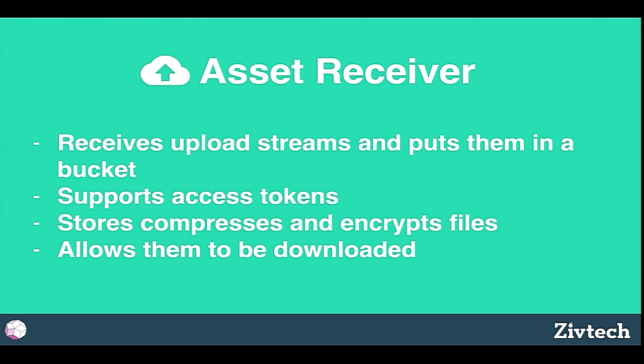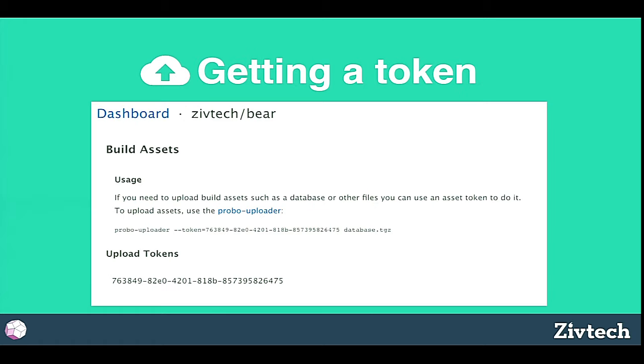Now the asset receiver is currently protected basically just by a firewall. So we set up our Nginx configuration so that you can post stuff to the asset receiver publicly, but you can't download stuff. Inside our infrastructure, you can download stuff. Outside it, you can only upload stuff. And you have to have a token to upload something. So what that lets you do is you just keep sending us new copies of your database. The second we fully receive a complete copy, we replace your old one with that, and now all your new builds will use that database.